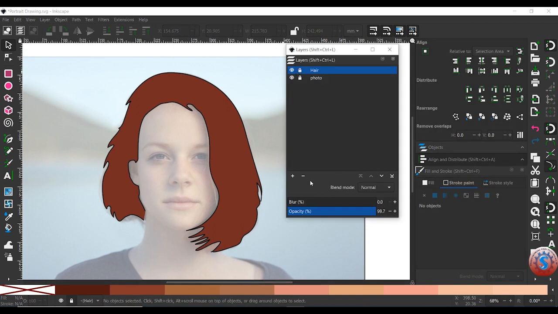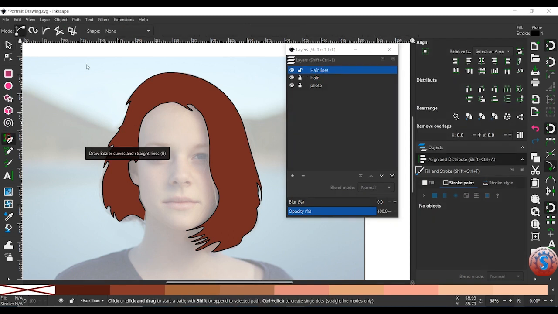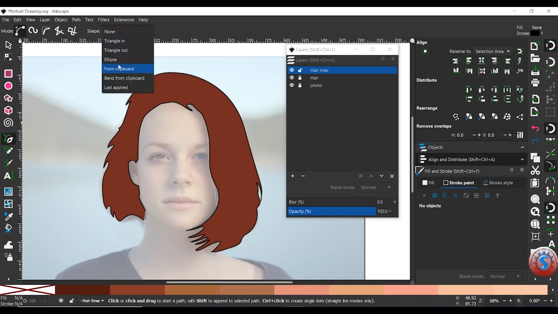You can observe this is the plus option. You want to give any new layer name, click on add. I'm giving the hair lines over here on the top of the fill and the hair lines, and this is the hair lines. I want to lock these two, hair and the photo. I want to unlock this hair lines. I want to draw on this. You can also switch off the switch mode onto the eyedrop also.